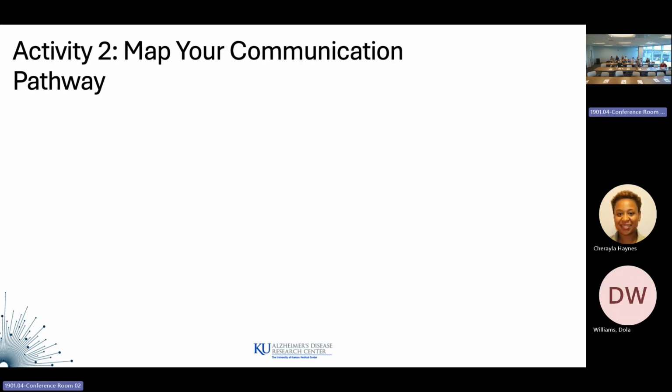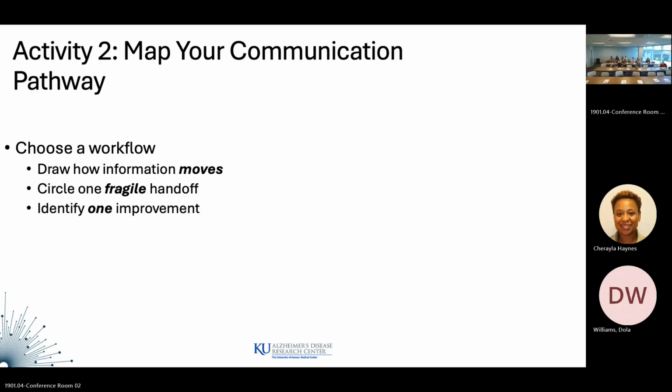So we don't exactly have time for this activity, but feel free to take the pencil and the paper. I'm going to show you what would be helpful if you have time later today. This is a way to identify areas in your workflow, in your operations, that might be fragile in terms of handoffs. It's always important, and not a lot of people do this, to actually draw out how information flows. Now, you don't need to start all the way up at the top with the CEO or the chancellor, but who is really making the decisions?